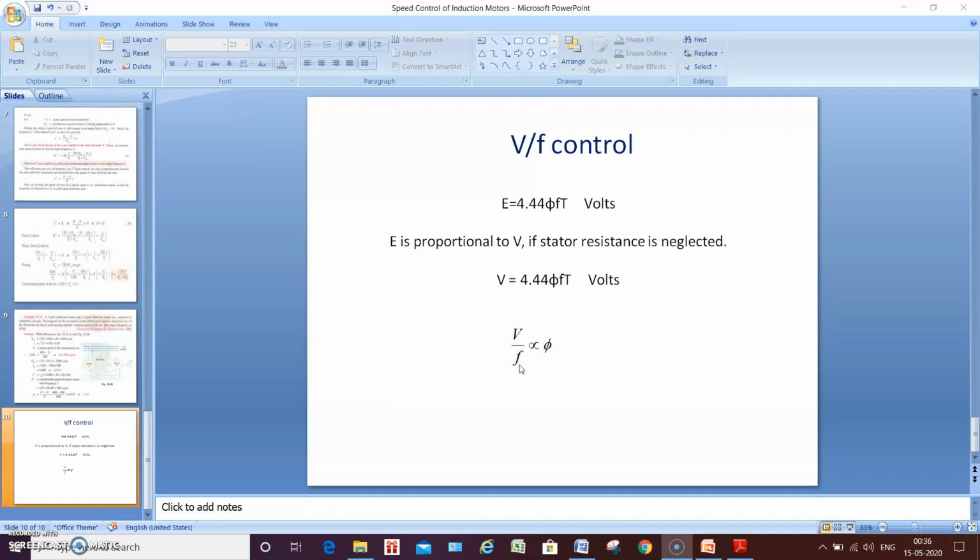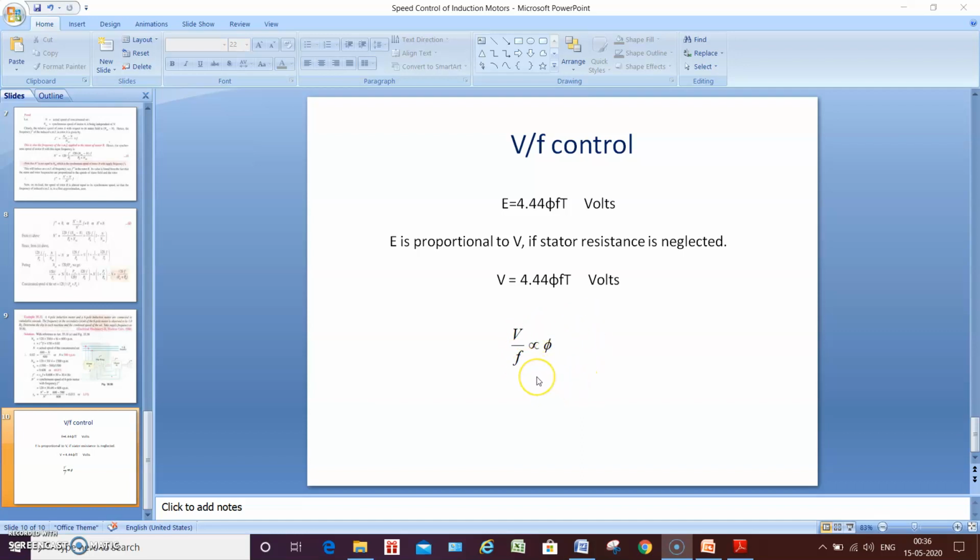So what you can understand is, if only one parameter, either the voltage or frequency, is varied to control the speed of the motor, the magnetic field circuit is also disturbed, or you can say the flux is also varied, or the magnetizing current is also varied. Suppose to increase the speed of the motor you increase the voltage, the flux will also increase, or if you decrease the frequency to control the motor, the flux will also be increased.